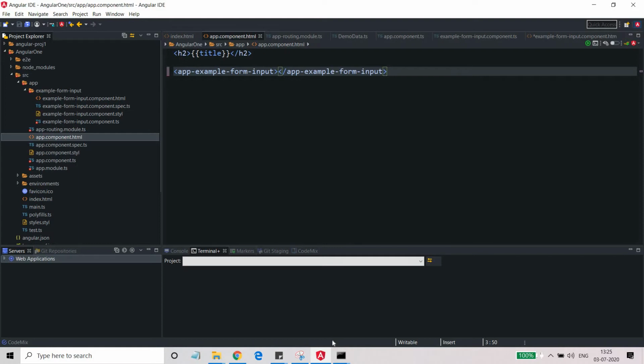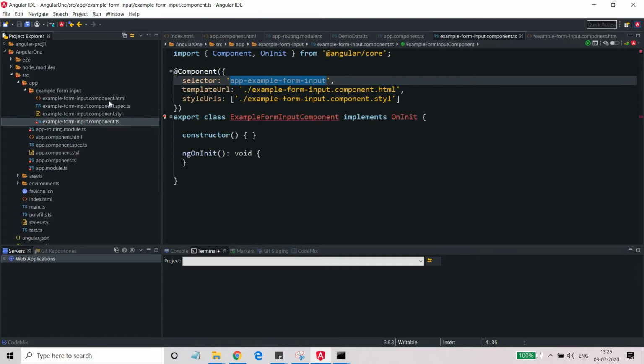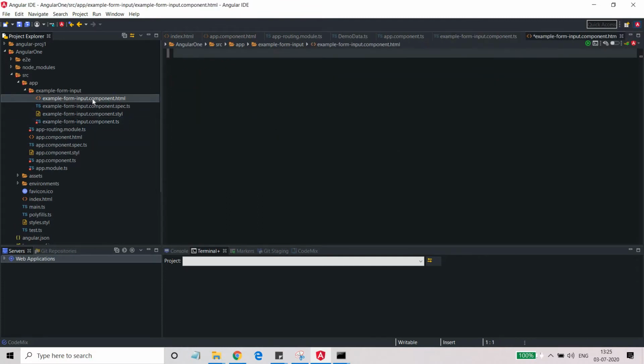Okay, so that's it. Now we need to add some controls on the example form input component. Here I'm just going to use the button control first. This is the button control, and there is an event associated with it, which is the click event. This is the way you should write the events. There are many events associated with the button that you can find on the internet. You can search on Google and find out how many events there are, and write whichever event suits your button.